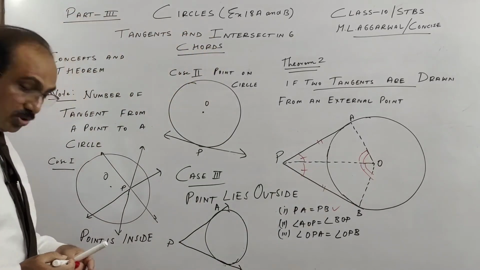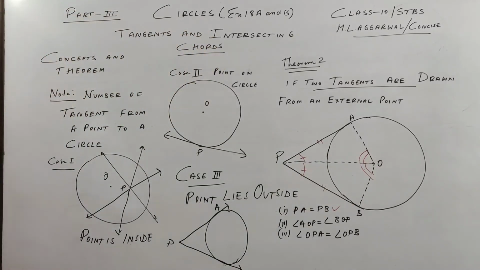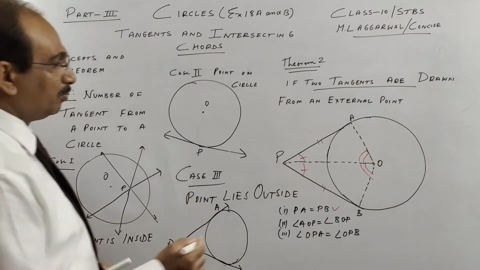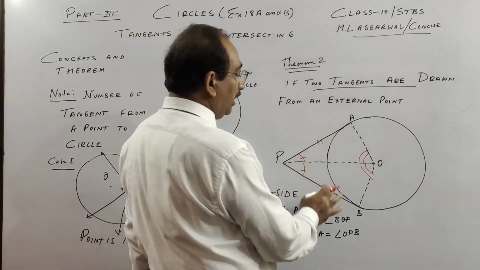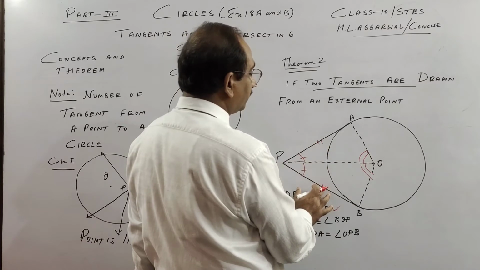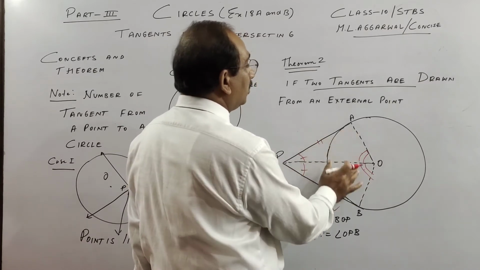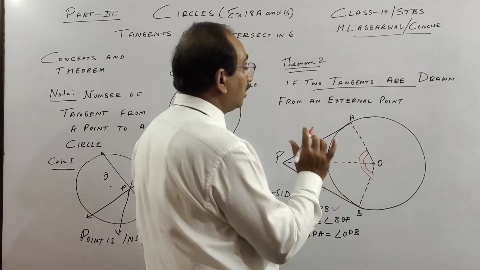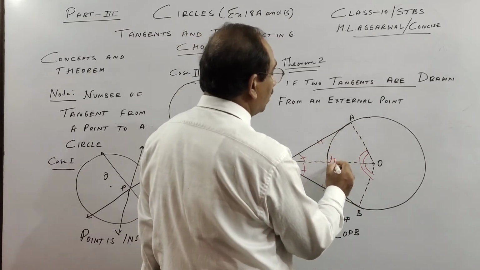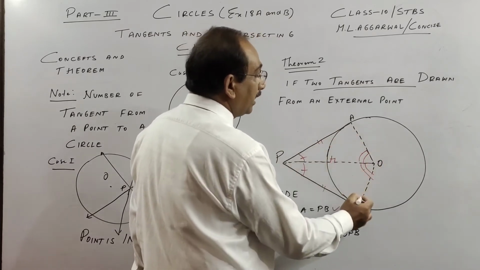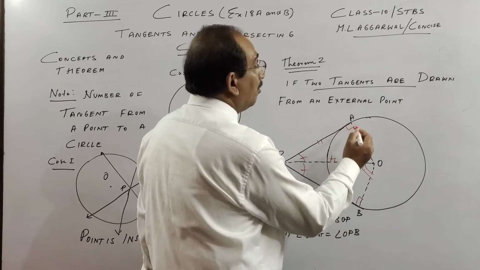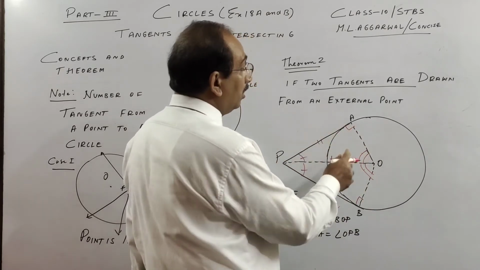Now, how do we prove it in short? Generally, the proof is given in the book. I'll just tell you in short what happens. We have to get three points. These two angles are equal, and these two angles are equal. So see how these two triangles are congruent. In short, I'll tell you. See, the hypotenuse is common, H. Both of them are right angle triangles. You know from part 1 of the video.